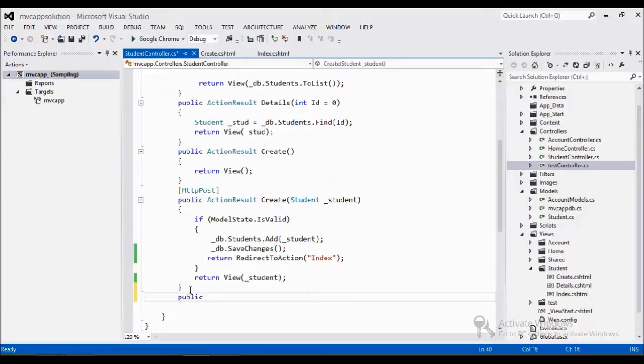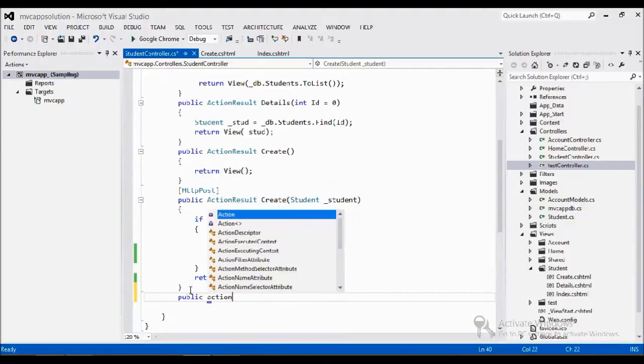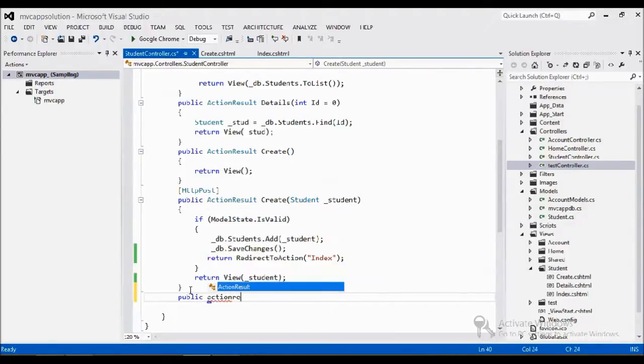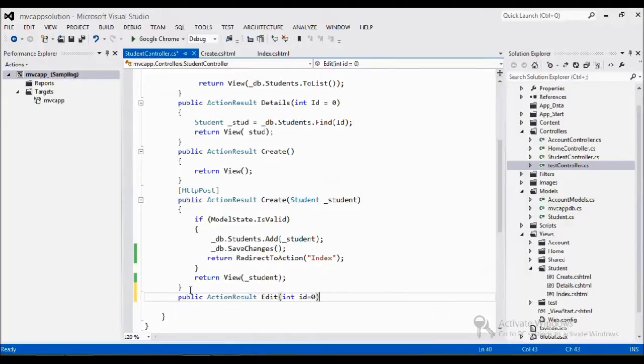The method that I am using is ActionResult. This is a method that will return an action. So I create a method with a parameter of int type, id equal to 0. This method needs a return type, but before that,